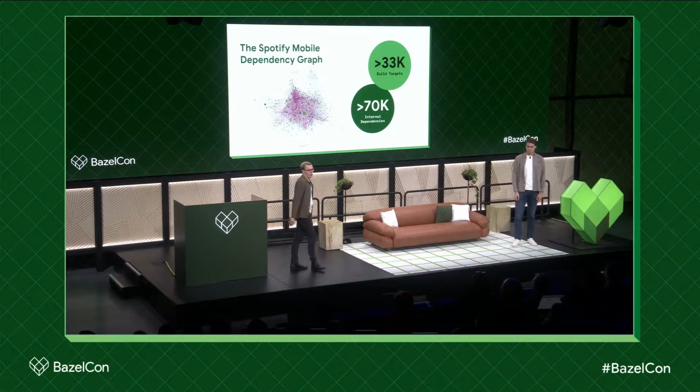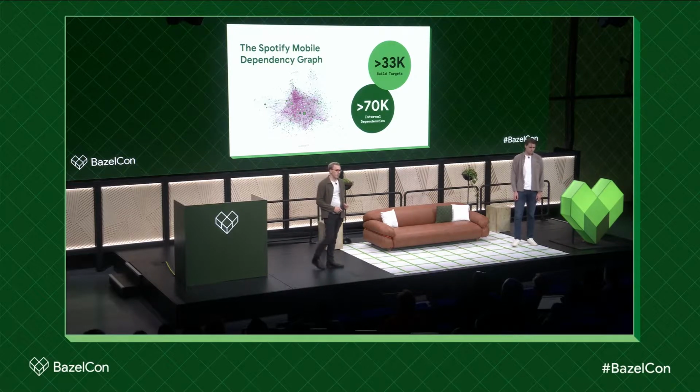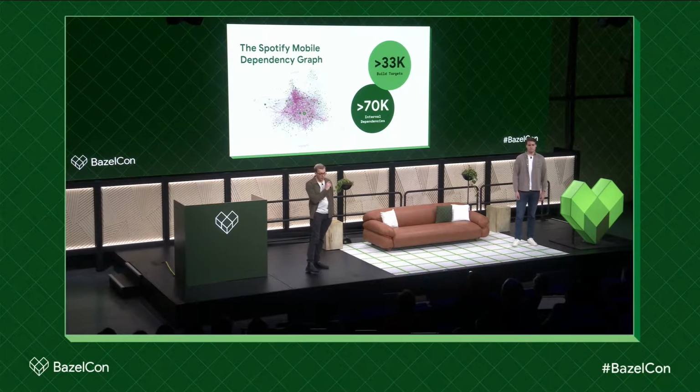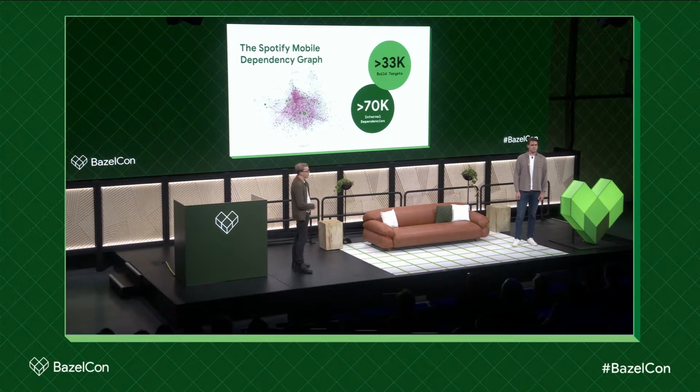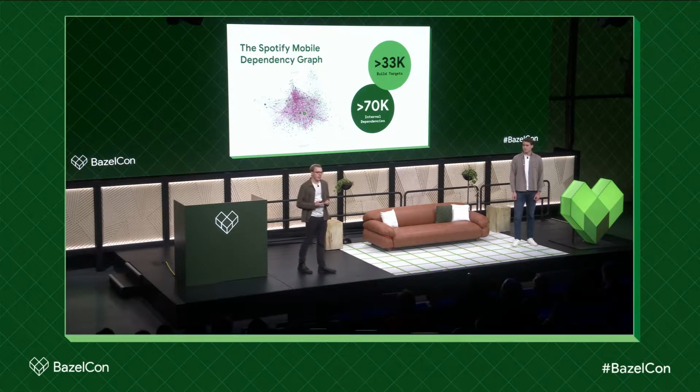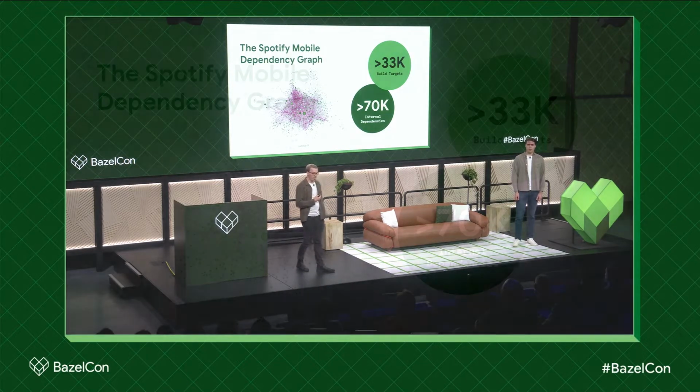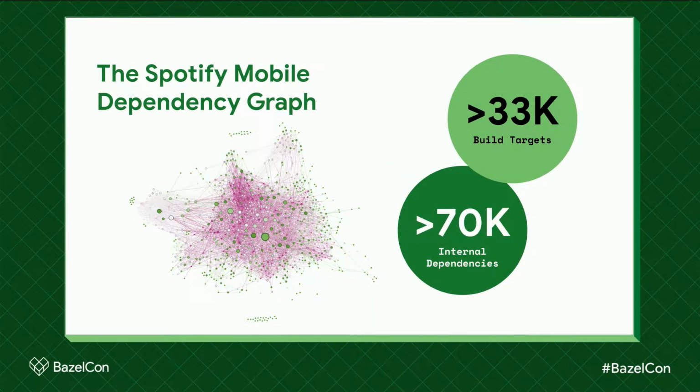What you see in the bottom left corner is a simplified view of this build graph only for our Android project. Here, the nodes in the dependency graph are represented by the small circles, and the arrows that you might be able to distinguish are the dependencies between those. Even though this is a simplified view of our graph, you might recognize that this poses some interesting problems. Because of the vast size and the high number of dependencies and targets, it becomes hard to reason and understand how this graph looks. This is especially true because of the transitive nature of how things are implicitly related to each other.